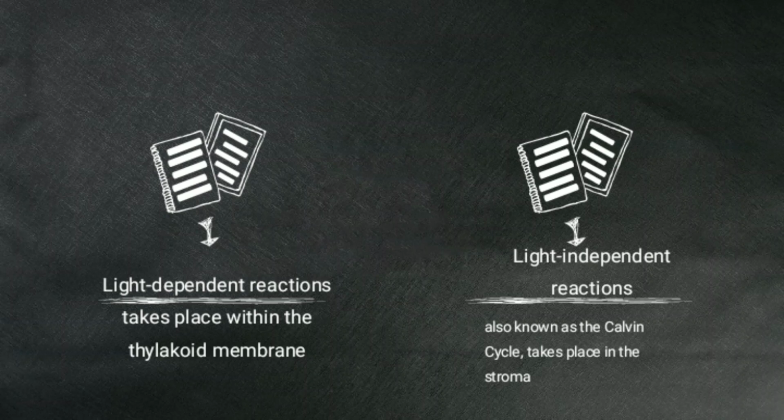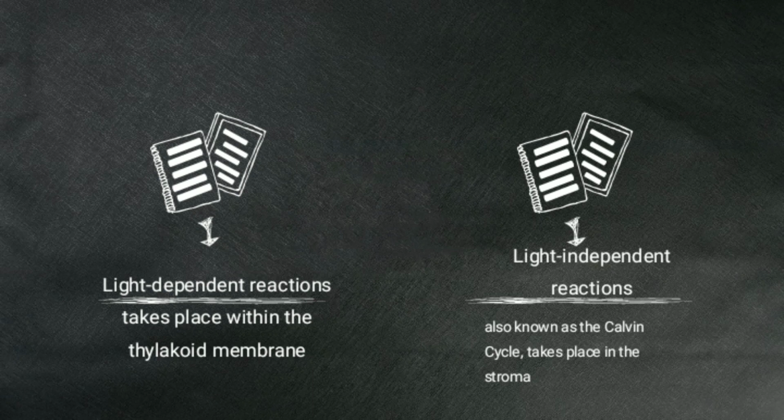The light-dependent reaction takes place within the thylakoid membrane and requires a steady stream of sunlight, hence named the light-dependent reaction. The chlorophyll absorbs energy from the light waves, which is converted into chemical energy in the form of molecules ATP and